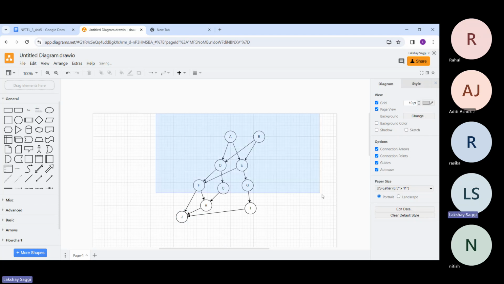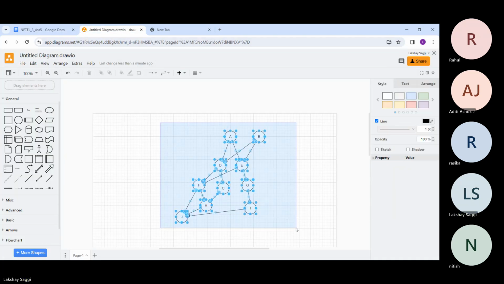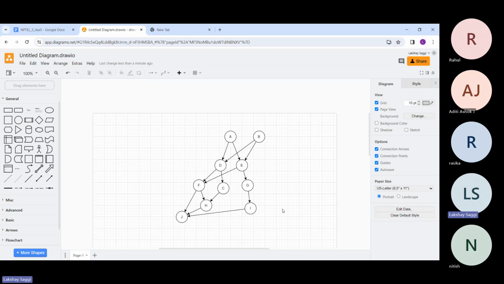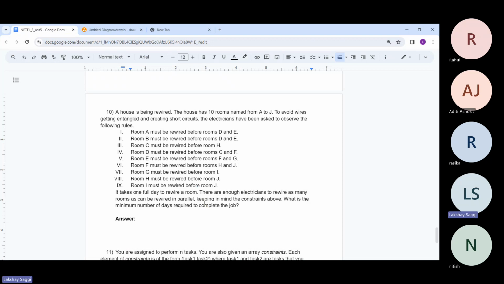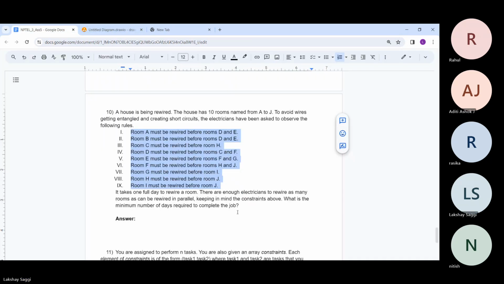So this is the constraint graph which we have made, and all of the constraints have been accommodated. Now the problem asks us that there are enough electricians to rewire as many rooms as can be rewired in parallel, keeping in mind the constraints above. So following the constraints of this graph, we can rewire as many rooms as possible